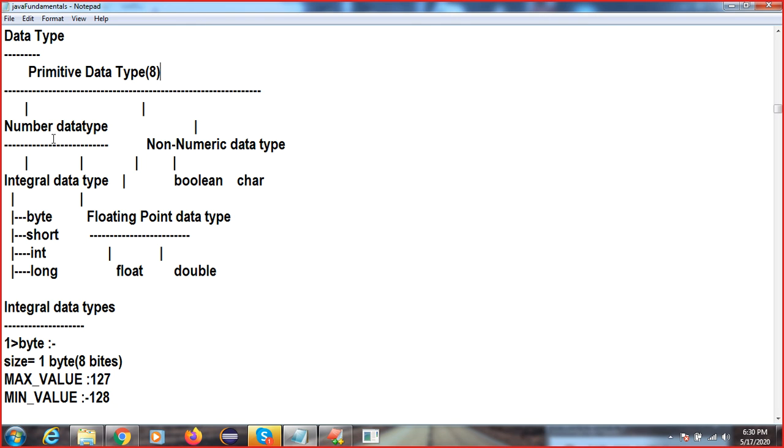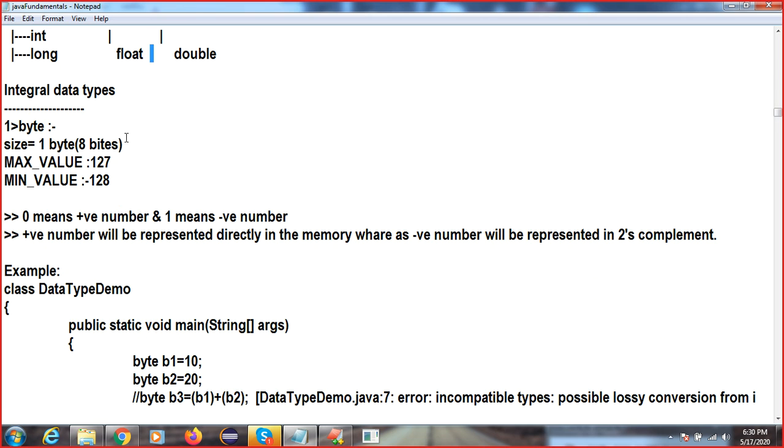The number data type has two types: integral data type and floating data type. The non-numeric type includes boolean and char. Integral includes byte, short, int, and long. Floating means float and double. So we will see this.